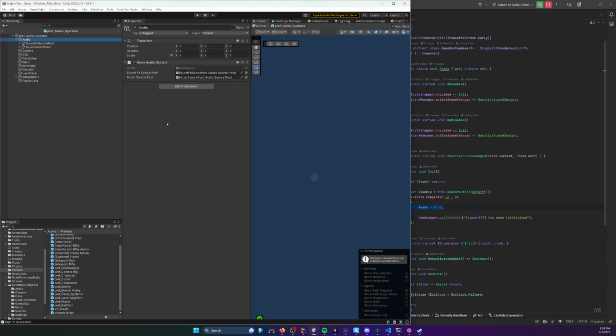And I do that because even though this game object that's instantiated outside of the scene, it still has a transform, so it still has a position. And if the audio listener is on this game object, then that means the player is going to hear audio from the origin, so 0, 0, 0. And so what I do to accommodate that,